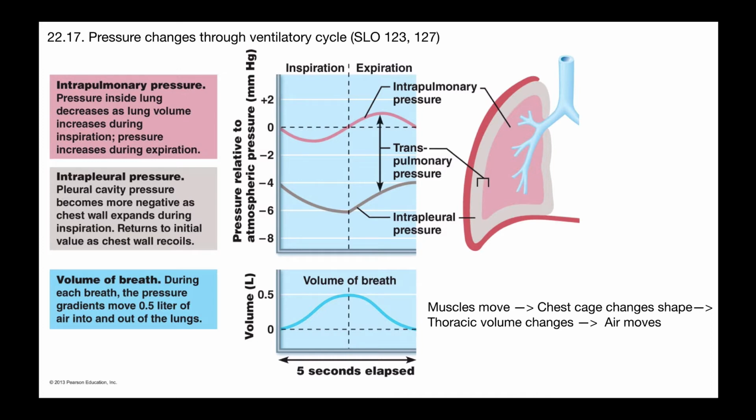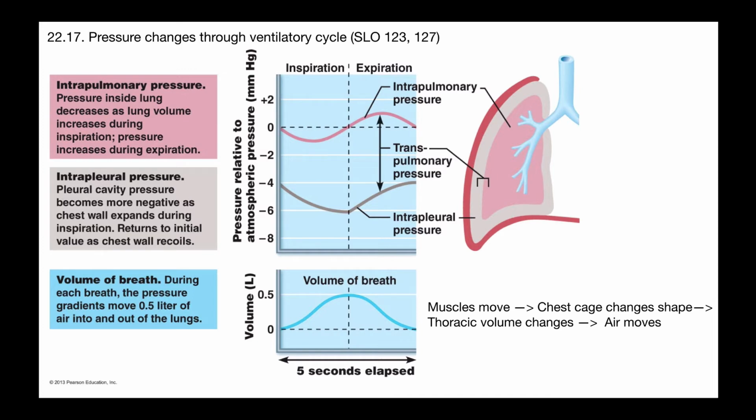Now, during expiration, the opposite happens, where the chest cage decreases in volume, so that pressure goes up, which is going to cause the intrapulmonary pressure to go up, so that's also going to cause air to move out, until it again reaches equilibrium. So this graph, I think, is helpful to look at. I do wish the traces were flipped a little bit, but this is reasonable. Just like when you were learning the cardiac cycle diagram before, consider the contraction of the muscles,